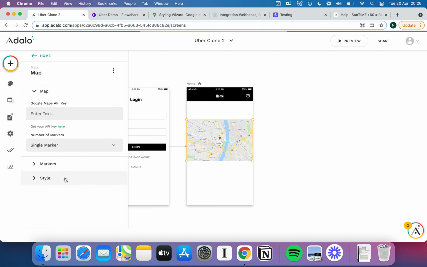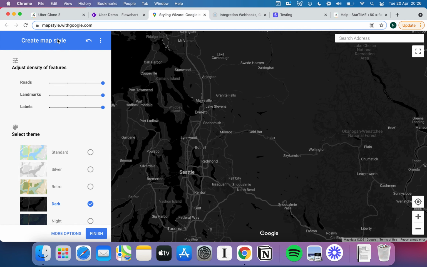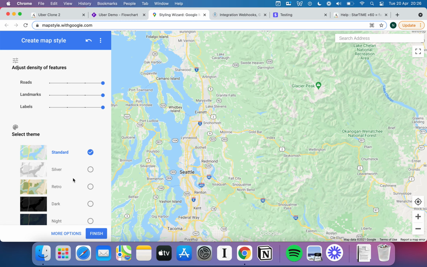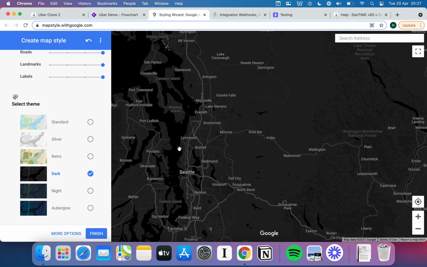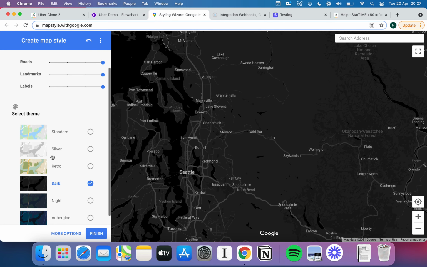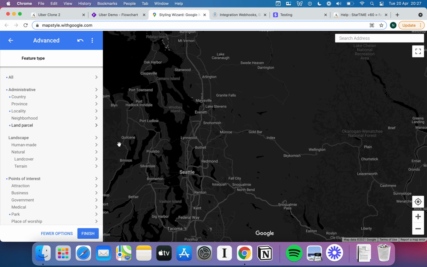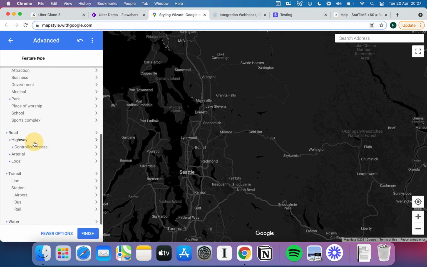But one that I am going to configure right now is if I click onto style, I have this option to custom style JSON. Now if you've watched some of my other videos on Adalo, you might have seen me do this before. But essentially you can go to this website here called mapstyle.withgoogle.com. And it starts out looking like this, but what it's going to let me do is pick the exact map style I want. Now I'm just going to keep it simple, pick dark and take the code from there, but you can start to customize colors, you can hit more options here and literally change every detail of how this map appears. You know, if you wanted the roads, for example, to show up on a different color, then